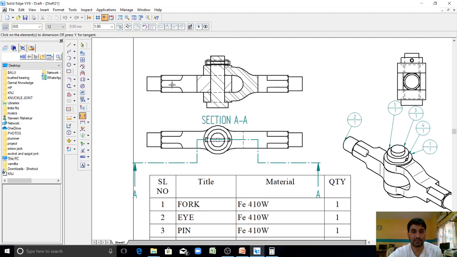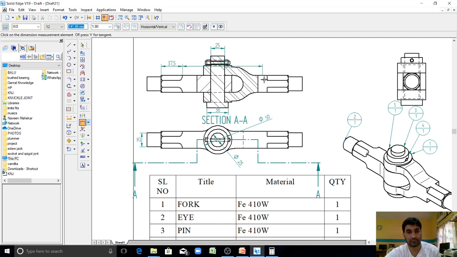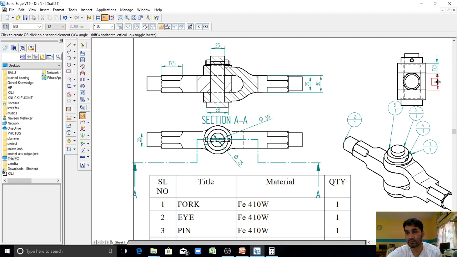So you can mention the important dimensions here like this. Mention all the important dimensions.